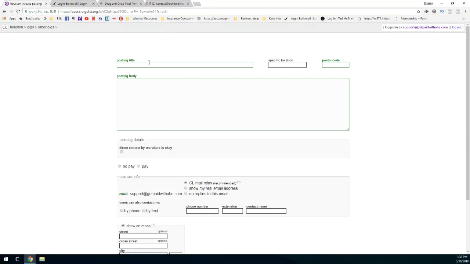Now, you're going to go to the page where you have to enter all the information, and everything in green is what you have to fill out. For the posting title, you want something eye-catching and interesting that somebody wants to click into.